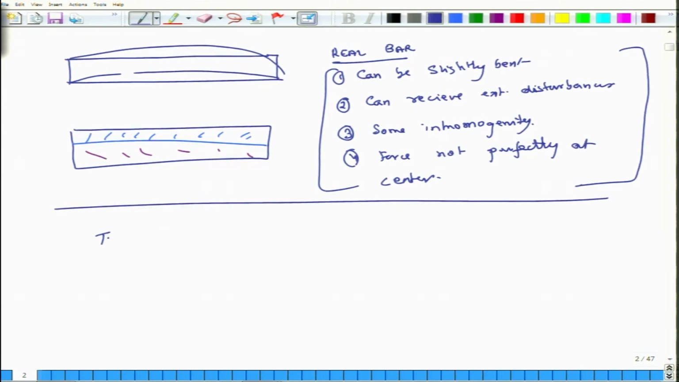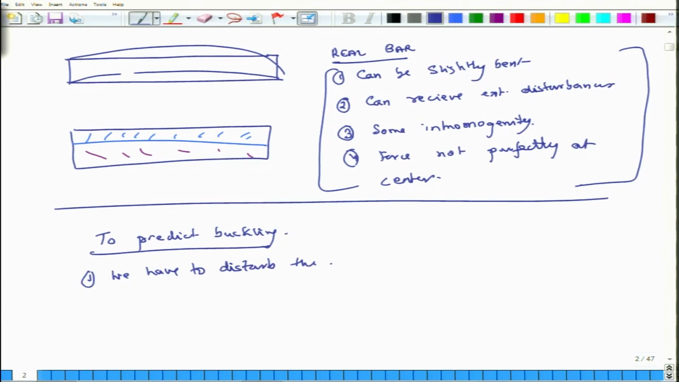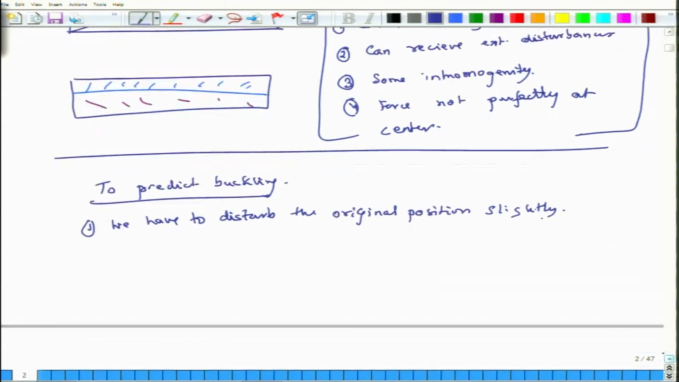so to predict buckling, what do we have to do? First is we have to disturb the original position slightly. Okay, we have to disturb the original position slightly. In mathematical terms, we say that we have to perturb the original configuration slightly, and then